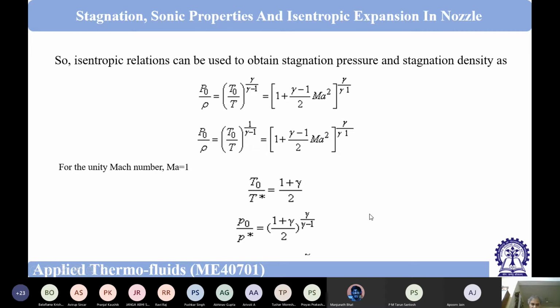All right. So gamma, what is the value of gamma? Stupid question, no? Because if I have to ask the value of gamma, I have to tell for what material I am asking. So for diatomic gas, we know the gamma value is equal to 1.4. And for steam, it will be more or less.